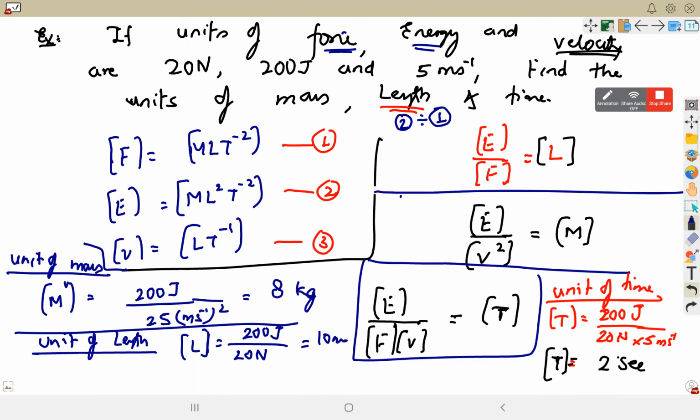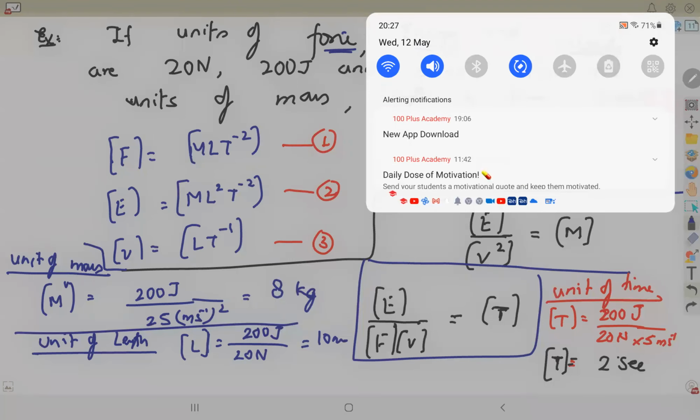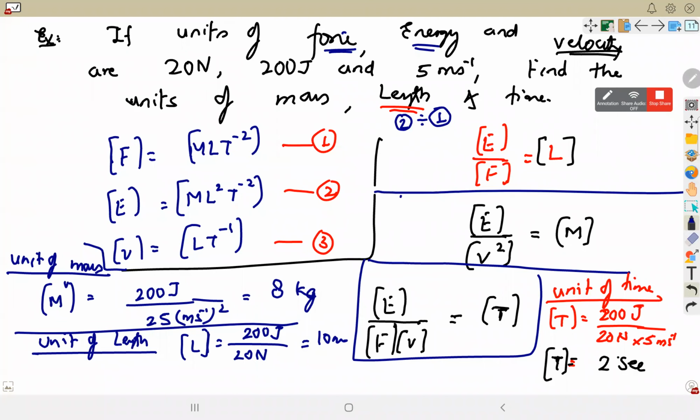In the Friday class we will do questions and worksheets. I will start with questions on Friday. Before that, you have to solve the exercises from S L Arora or whatever book you have, and then I will take the doubts of those on Friday. You can send those doubts before the class to my WhatsApp or in the group.